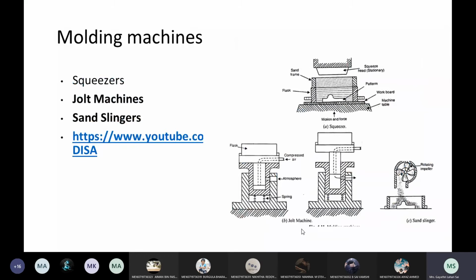So now the next topic for today's session is the molding machine. So we are done with the sand. How do you prepare the cavity? How is the cavity done? How do you prepare the patterns? Right? We had just seen the procedure of sand casting. So now the next topic is about the molding machine. What is this molding machine?